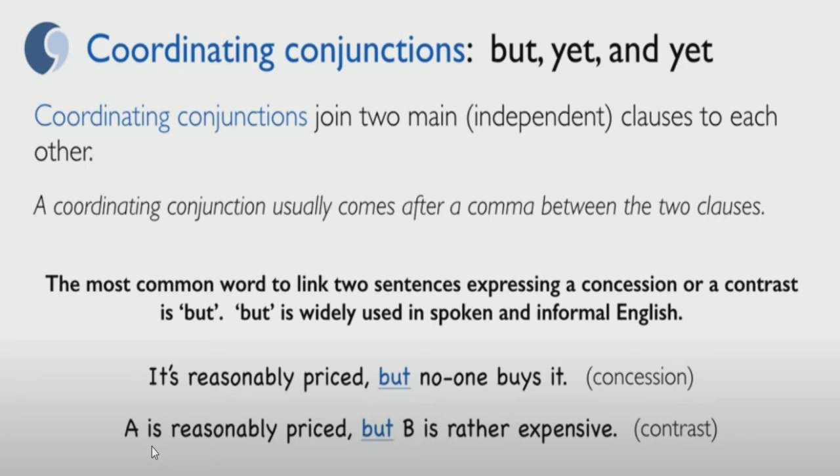Продукт категории A имеет резонную, доступную цену, но продукт категории B достаточно дорогой. Значит, во втором предложении контраст, это значит какой-то контраст между двумя частями. Concession в первом предложении, уступка. Даже я не хочу касаться этих слов. Concession, contrast. Мы, главное, должны послушать, перевести, каким-то образом набить клише, которое желательно бы осталось у нас в памяти. Good, very nice.